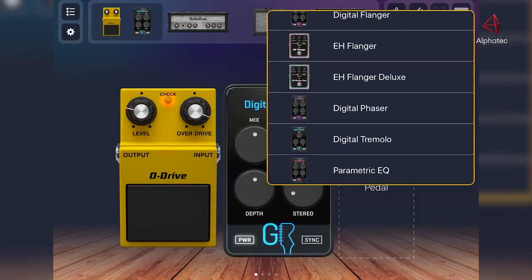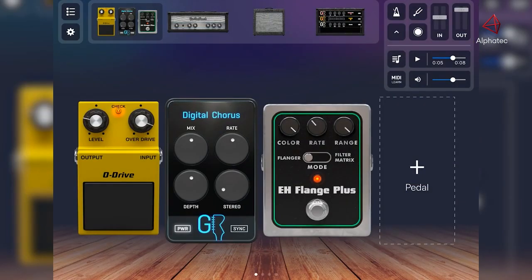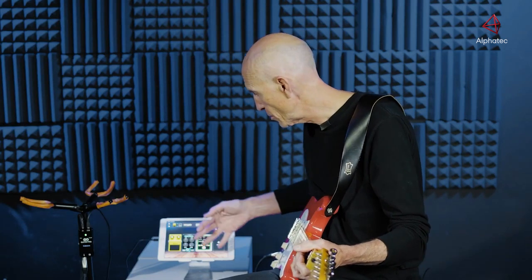And you can keep adding pedals till you're blue in the face and have lots of fun with that. So you can build up your own virtual pedalboard with the pedals. So we've got our pedals on the front end of the amp. This is just like you would plug from your guitar into the pedal, into the front of the amplifier, the